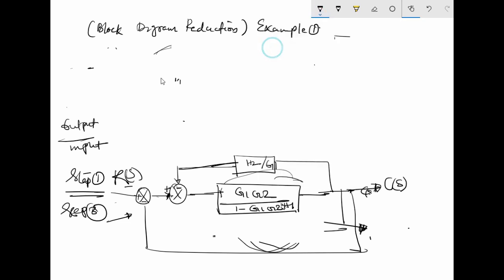So now the step 4 here is, you have to solve this full. So it can be solved as,